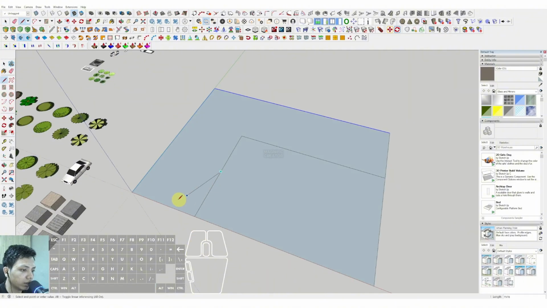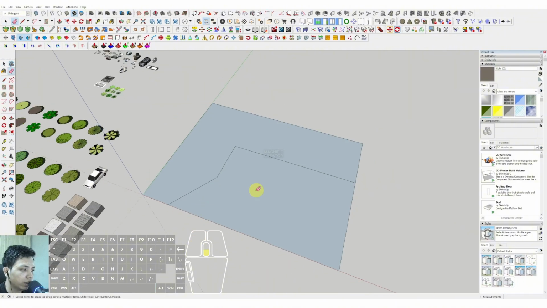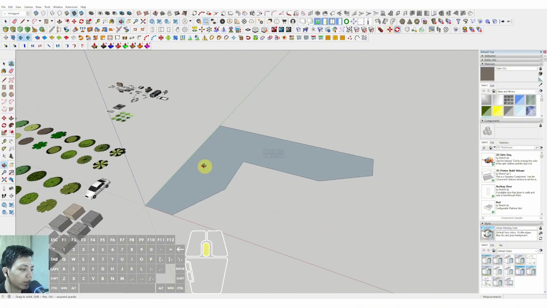Then now we can make the line in here. Okay, then now we can make the line and also the line in here. Then now we can erase some unnecessary line here. Okay, just like this. And then now we can